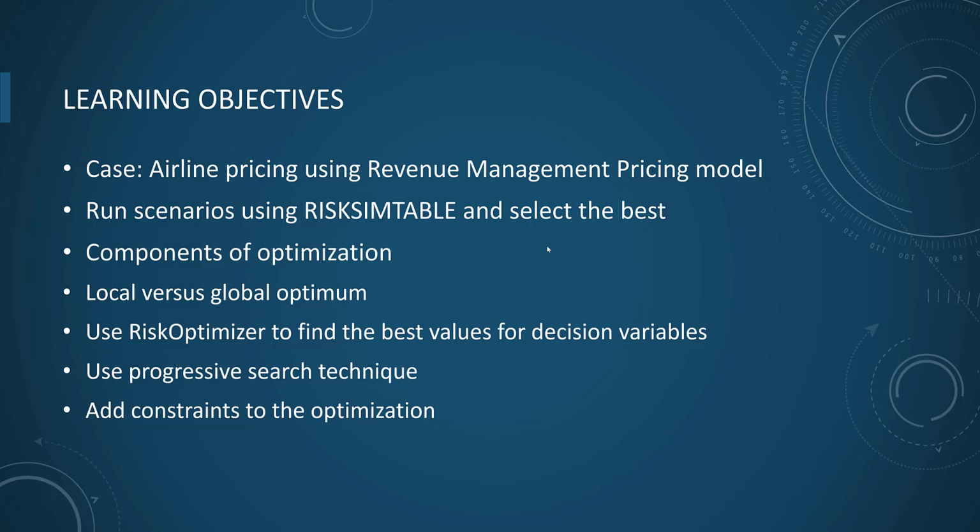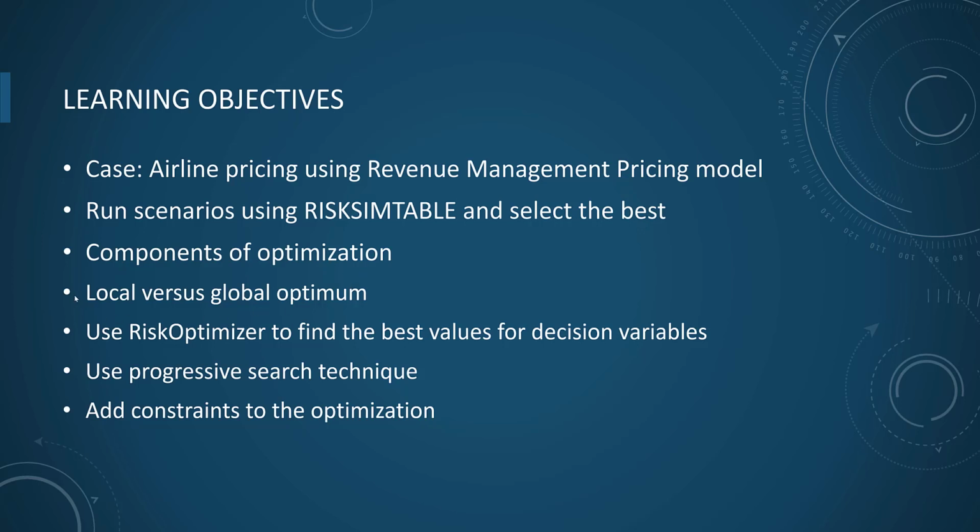And so with that, we look at the components of optimization. So there will be, okay, what is it that you want to maximize or minimize? So profit means you want to maximize. If it is cost, you want to minimize. And then what are the decision variables? What variables will have an impact on the outcome that you're looking for, profit or cost or whatever. Then there may be some constraints. So you may have constraints like, in the airline seat management pricing model, you cannot have more than X number of seats here, X number of seats there. So there may be some constraints, and how do you incorporate those constraints? So we look at all of those different concepts,